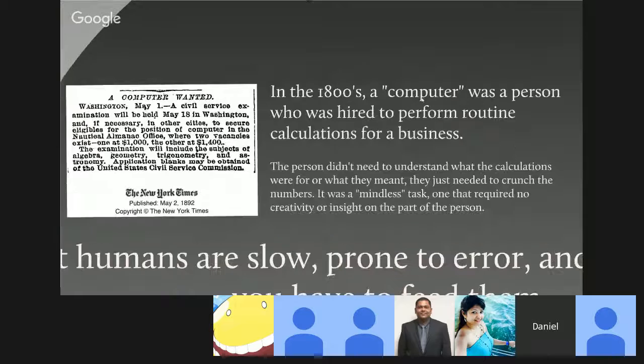So prior to Turing, computer was defined in terms of what human beings could do in this sort of mindless way. You didn't need to be particularly clever to run the formulas. As long as you knew how the formulas worked and you knew how to apply them, then you could calculate anything. So a computer was something that a human being can do without creativity or insight.